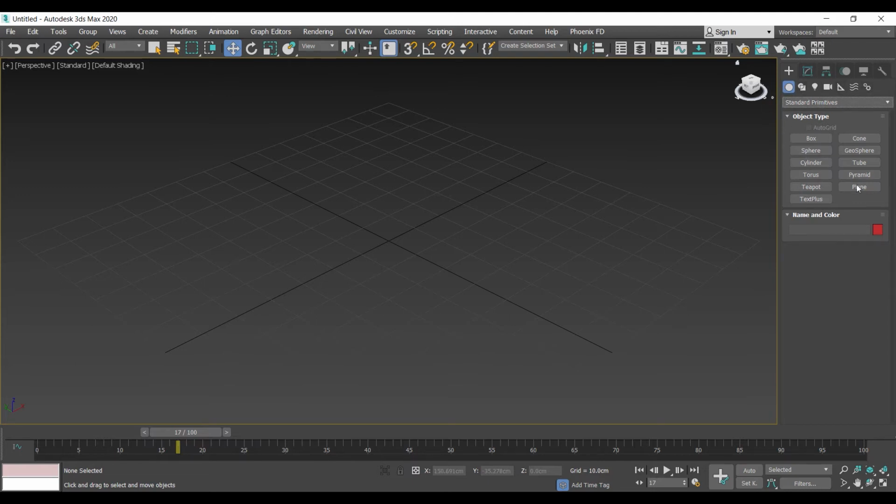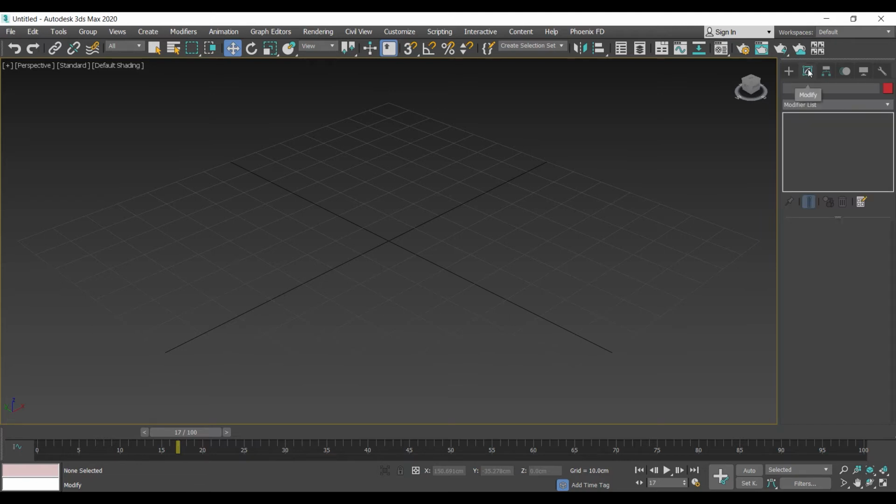Whenever I create any object, I have to access the Modify tab to modify this object. For example, if I created a box, and I want to model it and squash it and make things out of the box, to create, let's say, a car out of this box, we have to go to the Modify tab and then modify it. I have to modify the size, the length, the width, the height, and then I can add modifiers to it, and we're going to go through this later on.